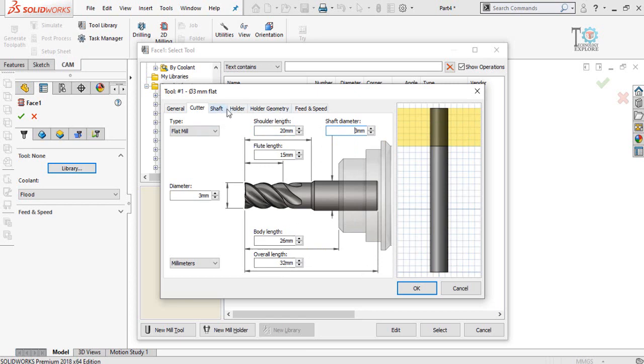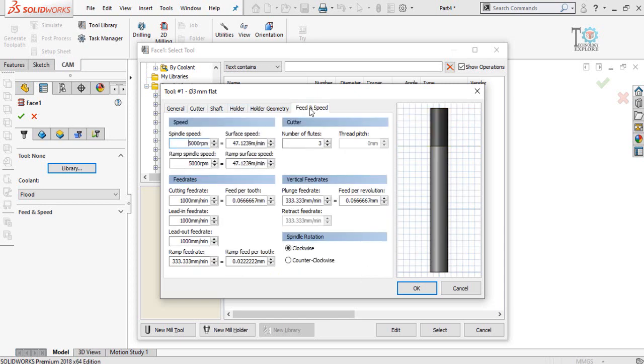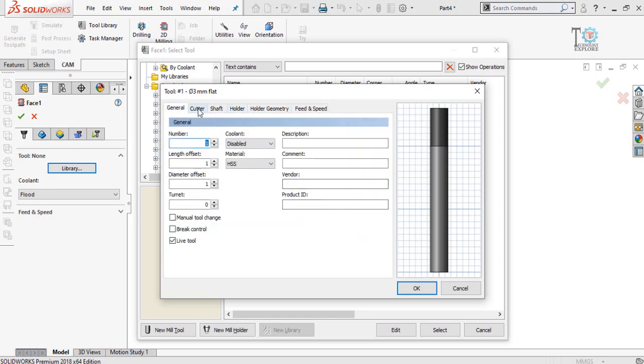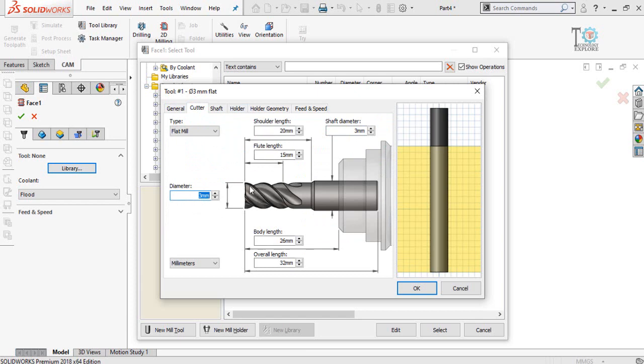Then leave shaft holder geometry and directly jump into feed and speed. First of all we have to define the spindle speed, 10,000 RPM. It depends upon the specification of your CNC machine, the spindle speed. Then the number of flutes, the quantity of these flutes.